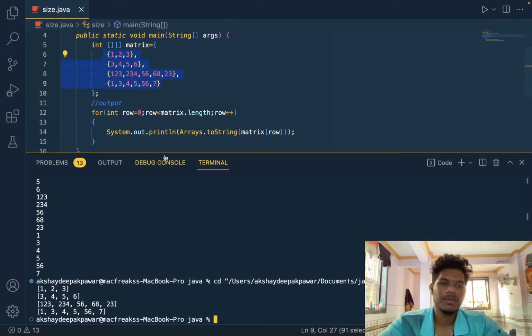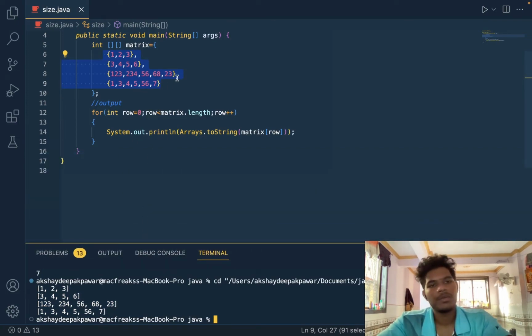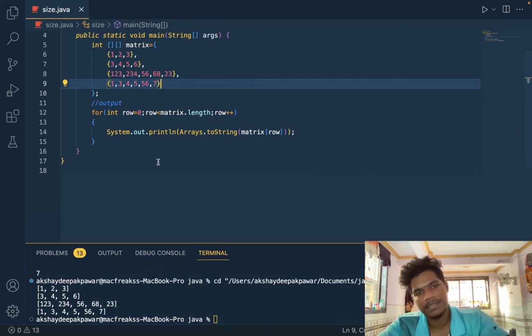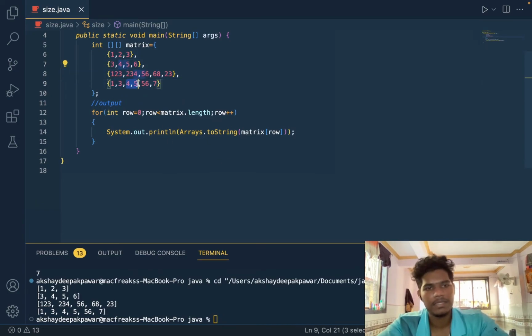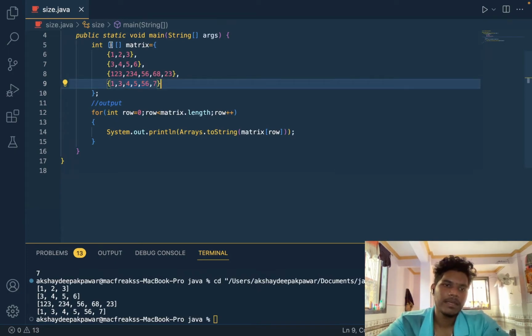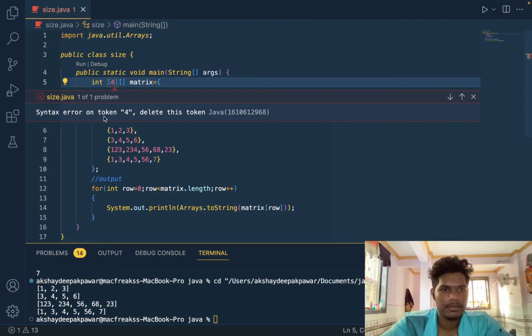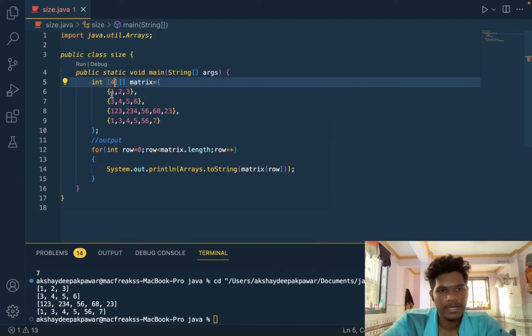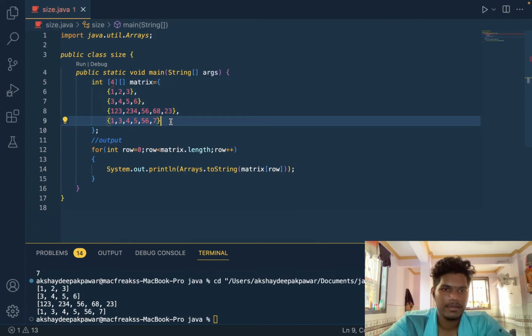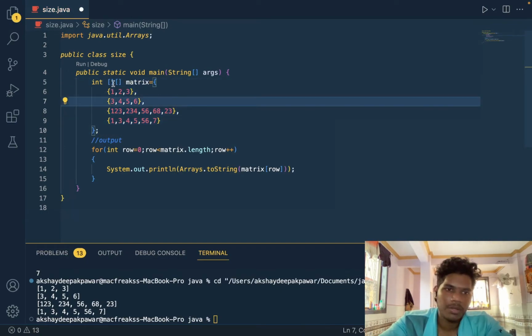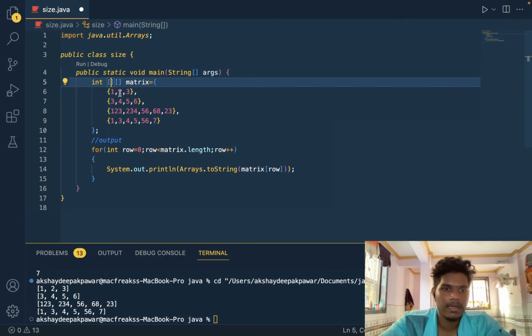You can do many operations. For practice, you can update the value of this and then print, or update the value of this and this, then print. Now one more thing: whenever I enter the 4, it's giving me an error, a syntax error, because I already entered the 4 columns here. Right? I already entered the 4 columns here, that's why. Or you can't take the size here. आप इधर साइज नहीं लिख सकते, हमारा सिंटेक्स क्या था